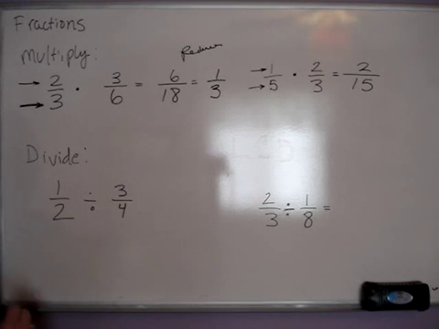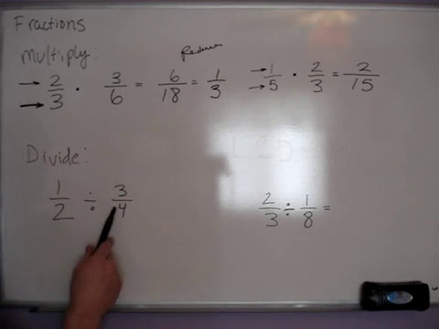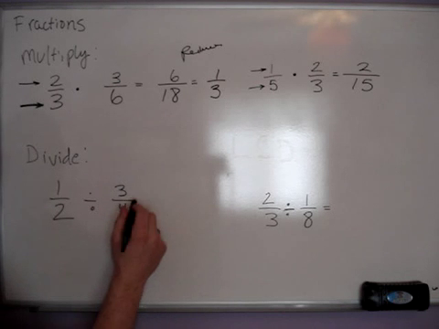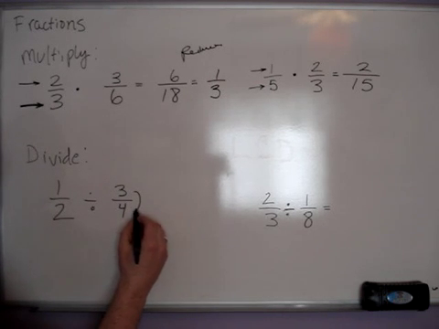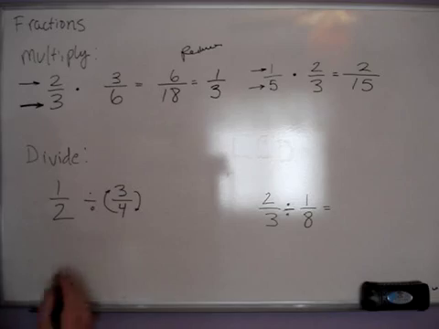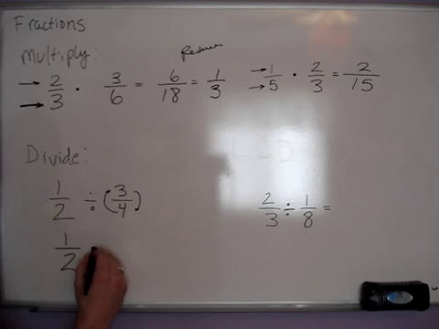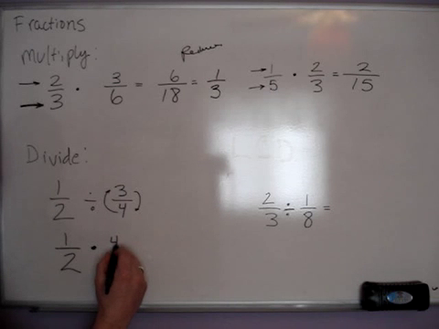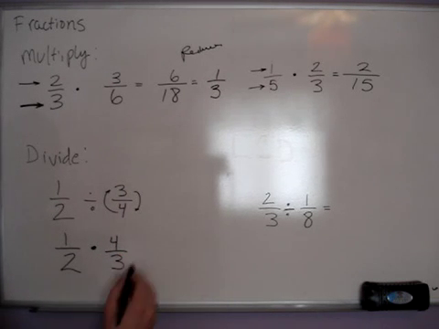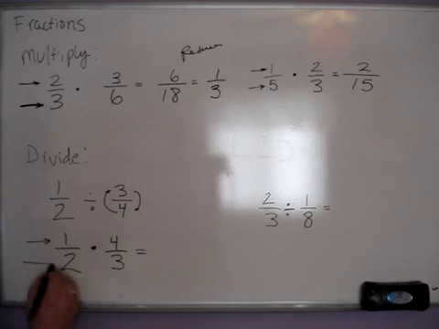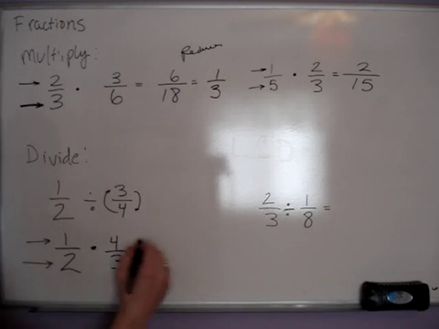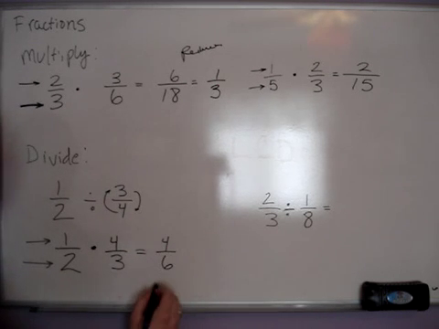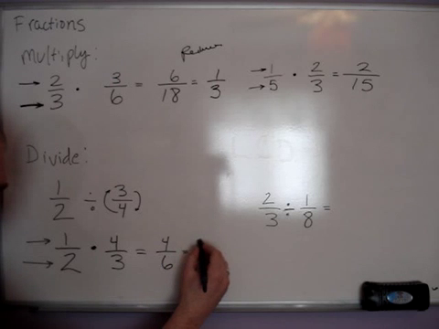Now the divide is very similar to the multiply, because really what you do is you're not dividing, you multiply by the inverse. And what I mean by the inverse is you're going to rotate this about, and then you're going to multiply. So you take 1/2, rewrite this, then you're going to multiply the inverse, so 4 over 3. You'll multiply across now, just like you did before, leaving you with 4 over 6, which reduces to 2